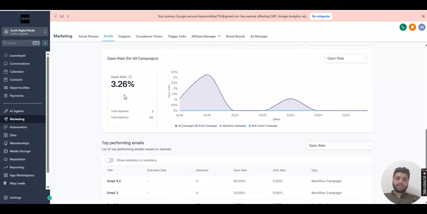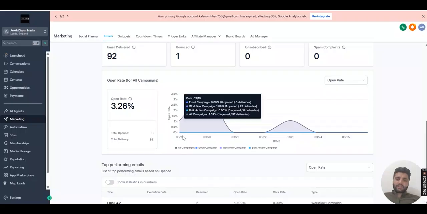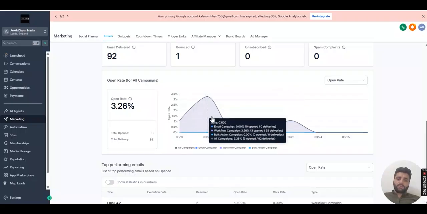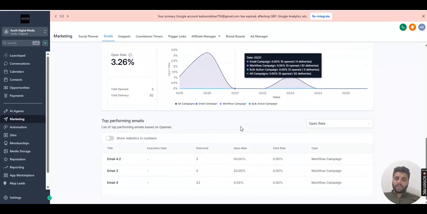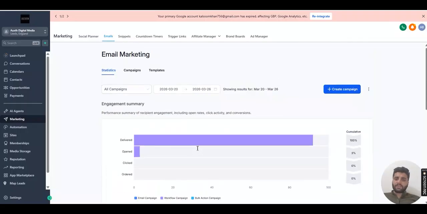And open rate is 3.26. Open rate means how many customers have opened your email and things like that. You can see the graph as well, which shows us which emails have been opened on what date, or how many customers and how many emails have been delivered. All the things are here. After that, you can see the emails as well, for example email 4.2, which is delivered 2 times, open rate is 50, click rate, and everything is here. After that, the last thing here is